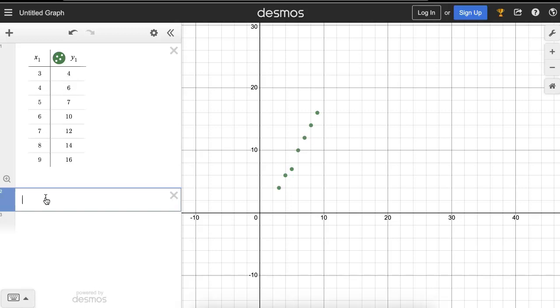So because this is in Desmos, I need to use their coding language for finding a regression, a linear regression, which is y1 tilde, which that tilde key is beside the 1 key. And then I can do